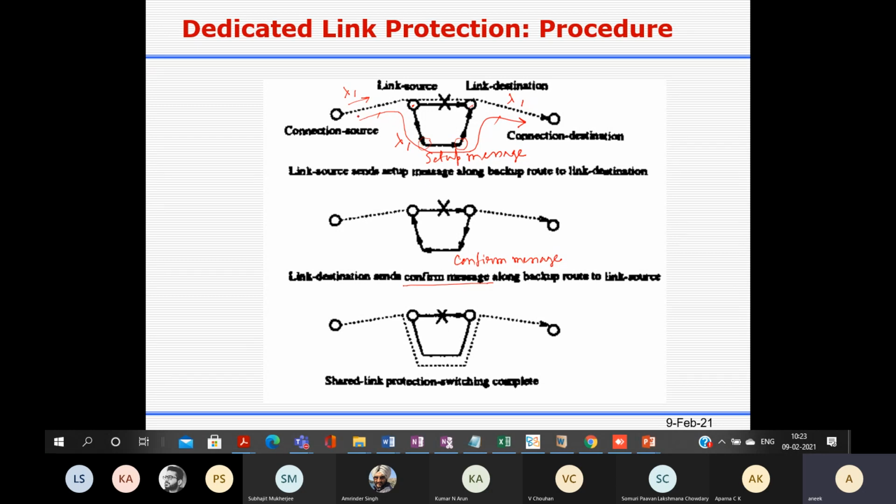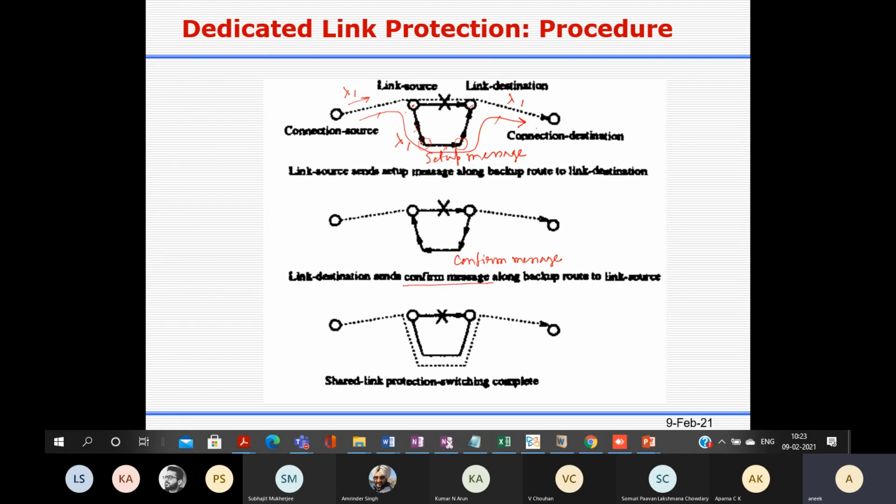Okay. So when the light path request comes, the active path is decided. If you are following link protection, first you have to identify how many links you are using. Let's say here you are using 3 links. For every link, there should be one backup route. As soon as this link fails, only the end nodes will be activated. Specifically, the source node of the failed link will initiate the backup process and use this backup route, but you have to use the same wavelength lambda1.